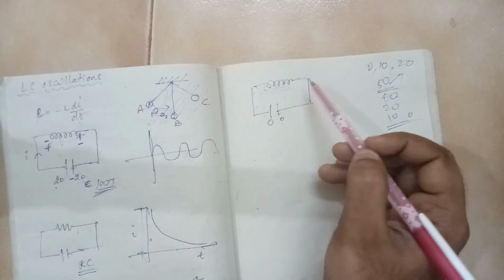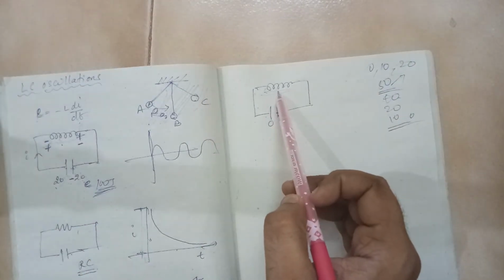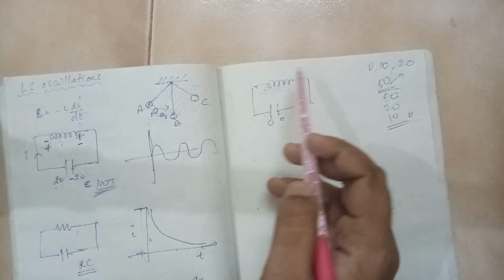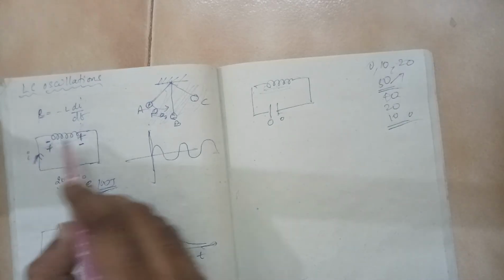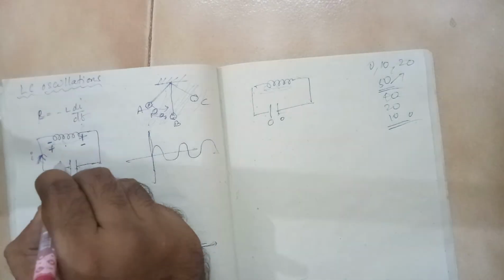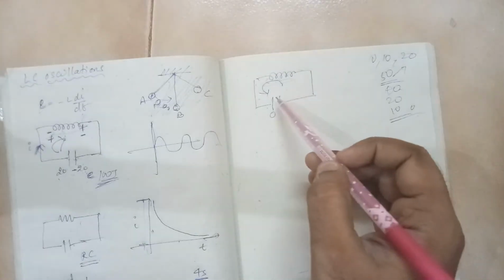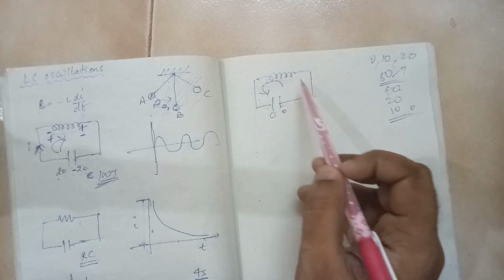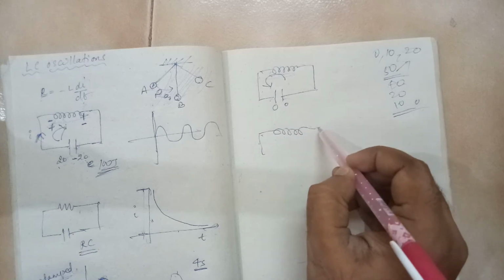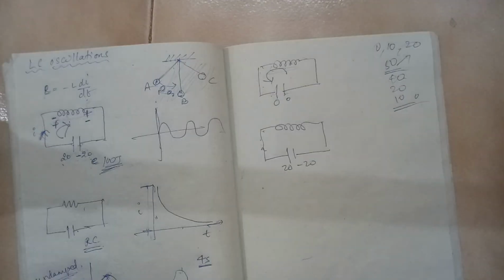Even when there is a drop of voltage, there is a change in flux. Whenever there is a change in flux, there will be an EMF. Originally the current direction was like this, and now the current direction will reverse. Then the charges are deposited back to the original plate. So the next diagram is something like this. All the charges are deposited back.